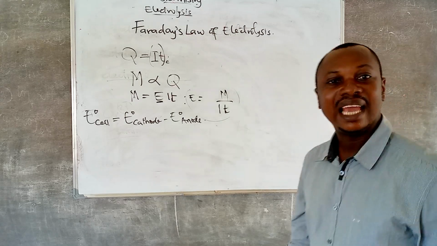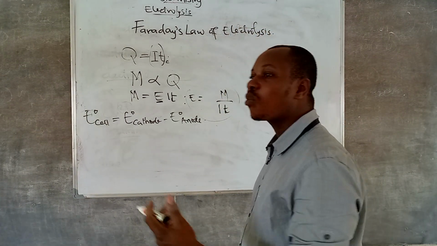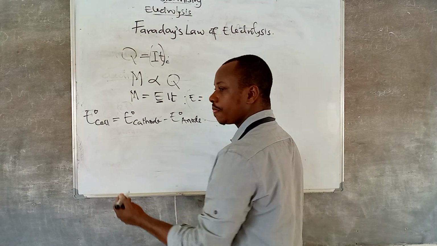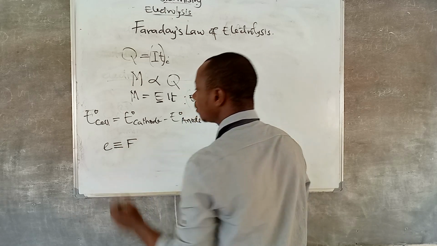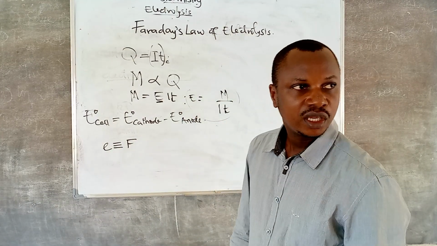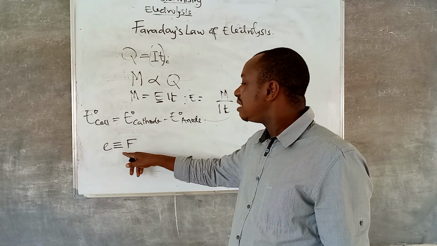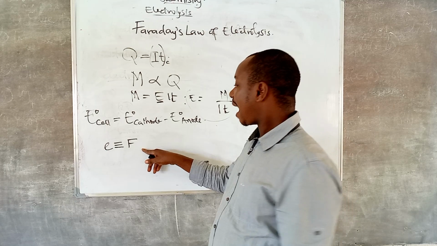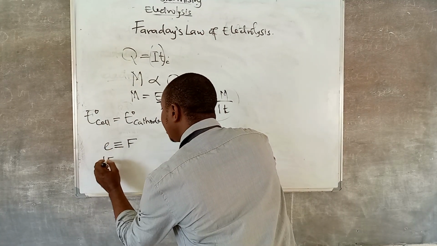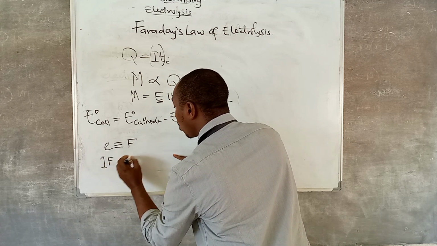And don't forget in electrolysis, the number of electrons is equivalent to Faraday. It's just an abbreviation, but I hope it's clear. Number of electrons is equivalent to Faraday. Look at the sign very clearly. It's equivalent to Faraday. And 1 Faraday, this is not equal, it's 1 Faraday equals